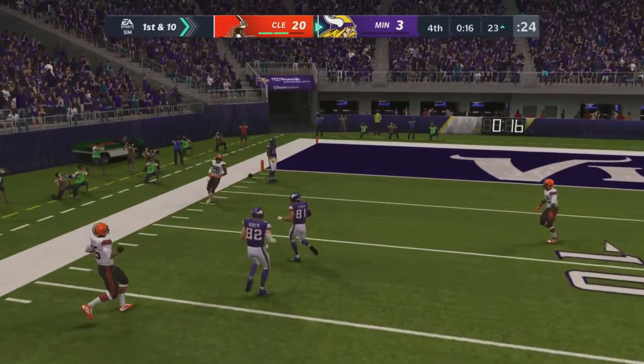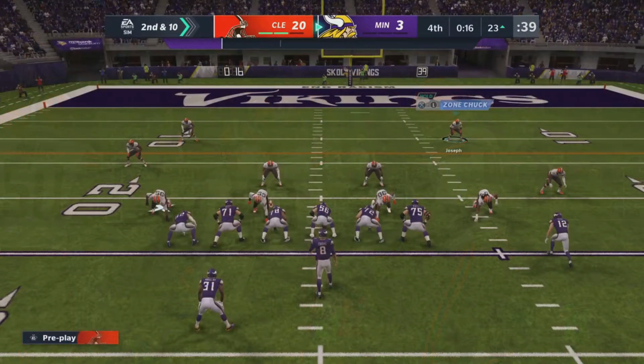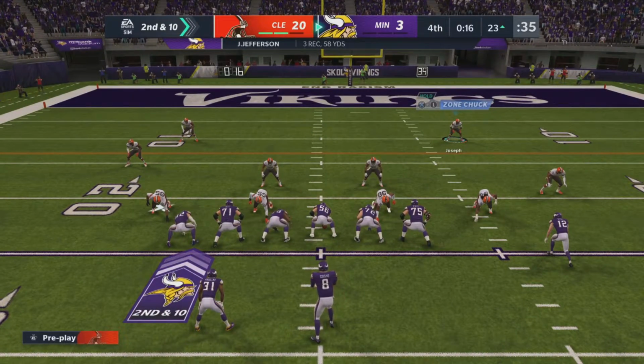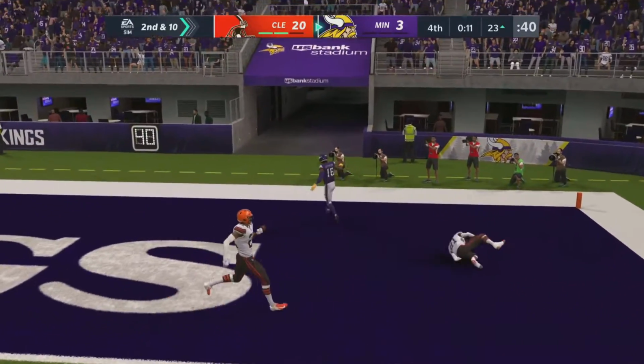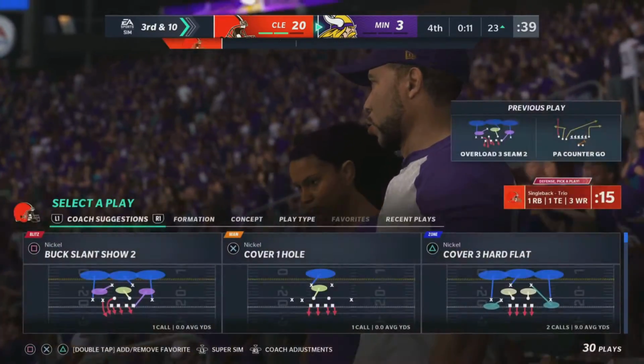But defensively, I know they have the comfortable lead here in the 4th, but they do not want to give up big plays like that. They want to finish strong. So oftentimes in this situation, you tighten up underneath in your coverage, and you bring your safeties back. They can pick up anything that leaks through. But in the meantime, upfield, you're making plays on the fullback. And no, they can't